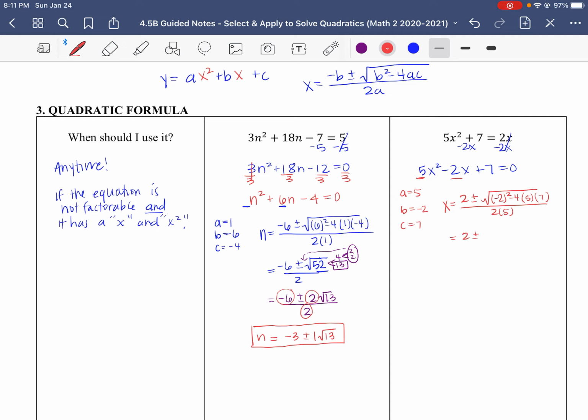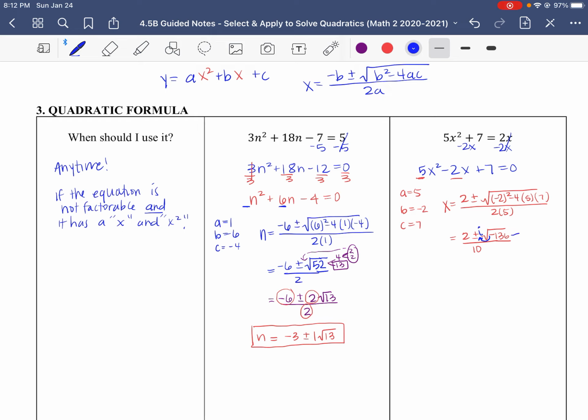So we've got 2 plus or minus, again we multiply, oops, I thought that was a 15, 10 on the bottom. We go ahead and we simplify the inside. So if you look at the inside, we do negative 2 squared minus 4 times 5 times 7, and we talked about you can plug that whole thing into your calculator if you need to. And then we have this negative 136. Now notice that negative means that there's going to be an i, right? So the negative comes out as an i,